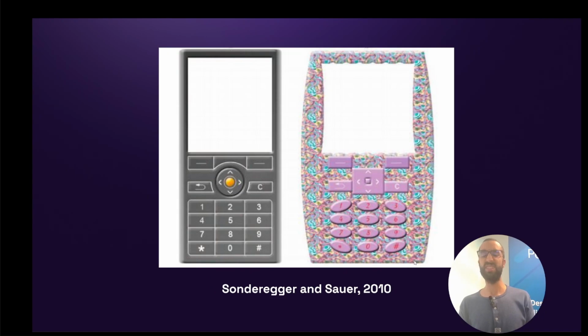This was shown by researchers in 2010, who gave two UIs with the same functionalities, one good UI and one bad UI, with the same features,